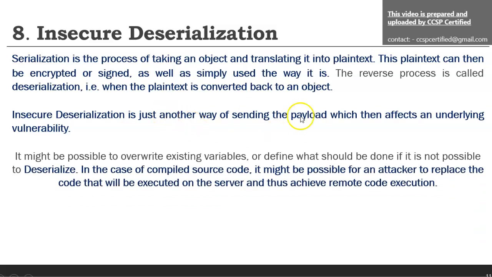So it might be possible to override the existing variables or define new values which are not allowed in the default application in the deserialization process. So when an attacker attaches code or modifies the values and sends this to the server, the server may execute it, and thus remote execution is possible. Also, modification of the data or dropping of the database is possible in the deserialization process.